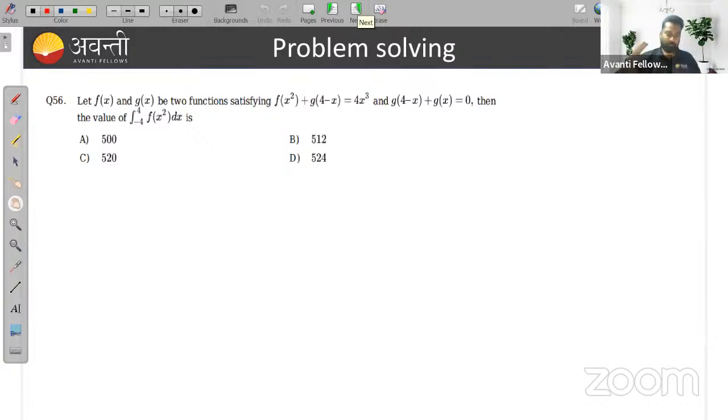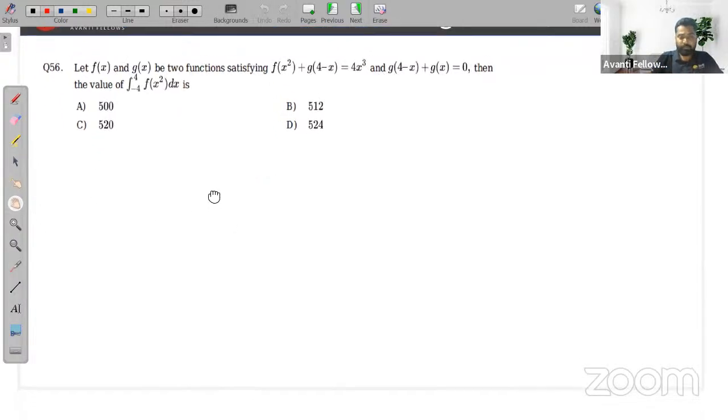This is the question, you can solve it easily. So let's solve it. So what is the question? Let f of x and g of x be two functions satisfying these conditions. Then you have to find the value of the integration from minus 4 to 4 of f of x square dx. This is a question from definite integrations. It is given in the question, just see,